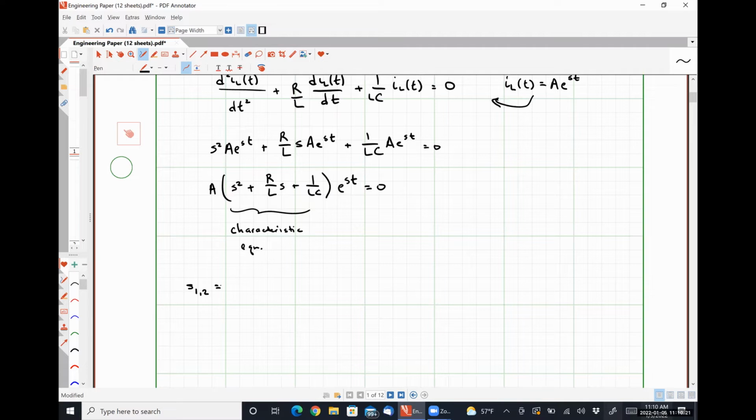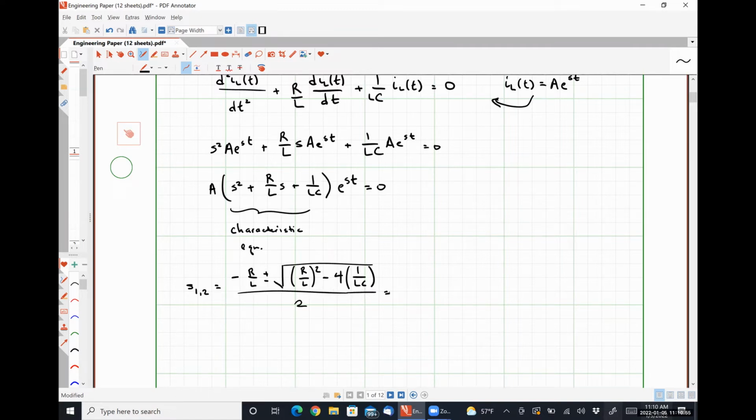S1,2 will be equal to negative B. So that's negative R over L plus or minus the square root of B squared. So that's R over L quantity squared minus 4 times A times C. So that's 1 over LC goes here, all divided by 2,